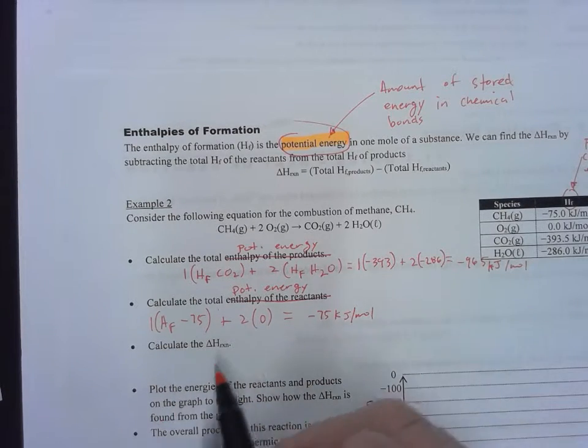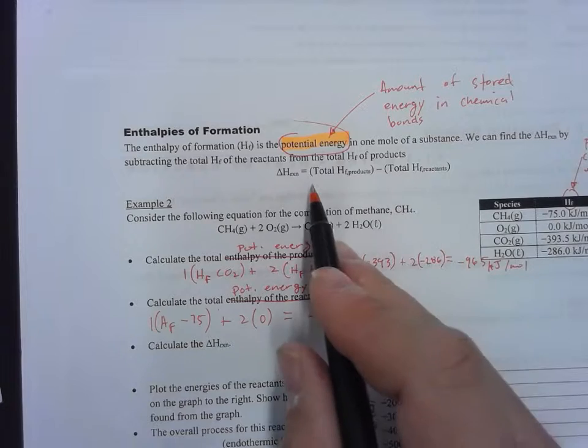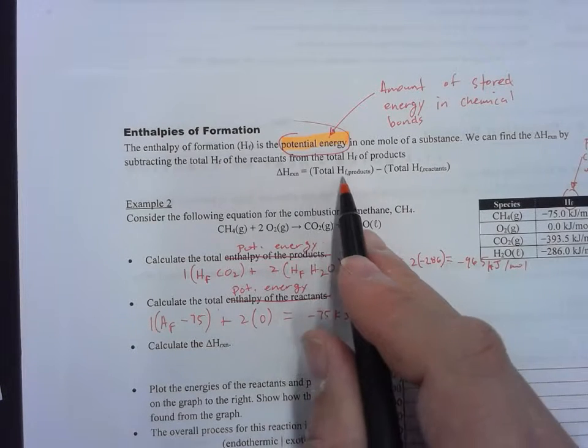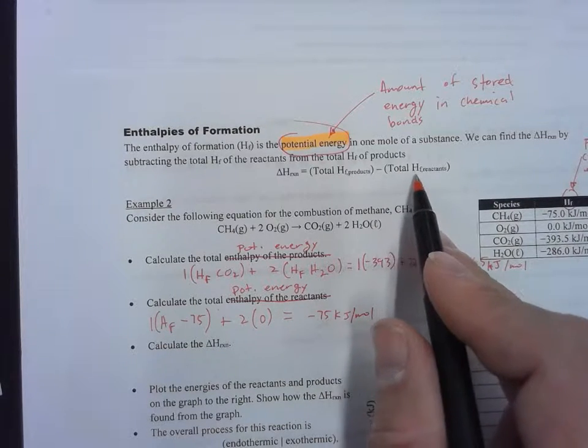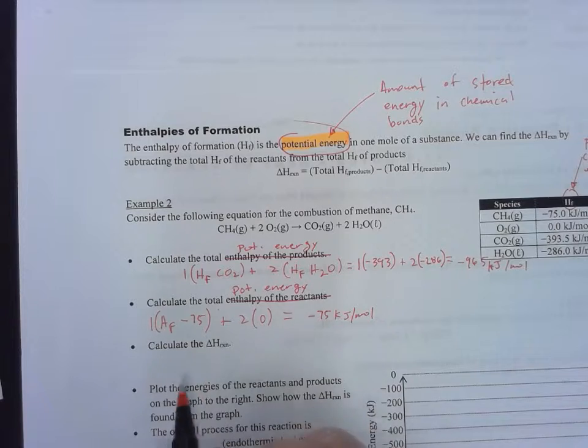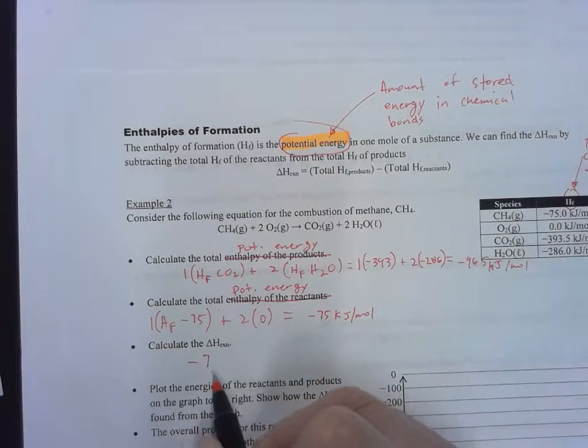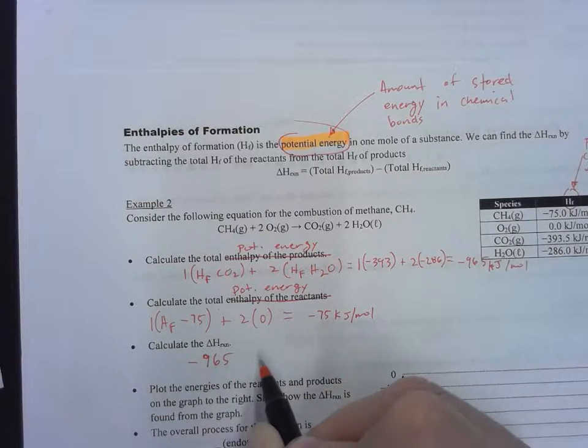So here's how delta H of reaction, that's the formula for it. Delta H of the reaction is total potential energy of products minus total potential energy of reactants. Okay, so let's do that. Negative 75, sorry, negative 965 kilojoules per mole